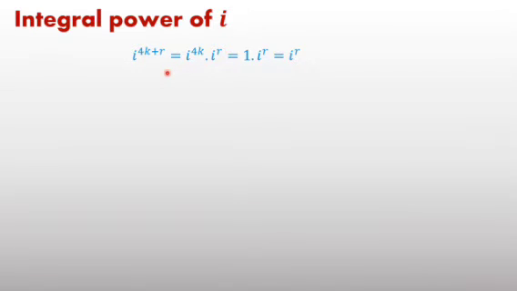Just one or two more examples I want to take. i^22. Here i^22 is written, so we can write 4 times 5 is 20 plus 2. The remainder is 2. So we can write i^(4 into 5) into i^2 equals i^2, and the value of i^2 is minus 1. If i^23 is written, 4 times 5 is 20, the remainder is 3, which means i^3, and the value of i^3 is minus i. In this pattern you can calculate.